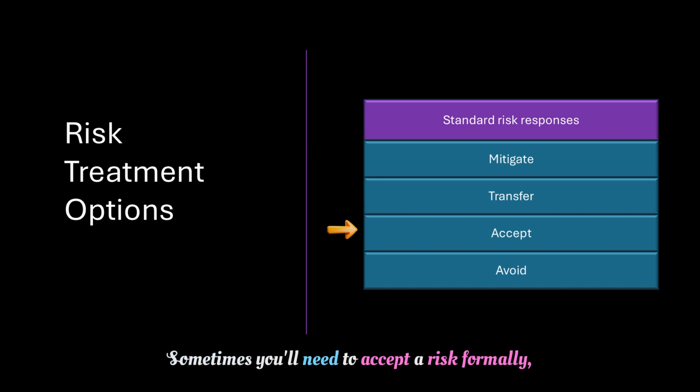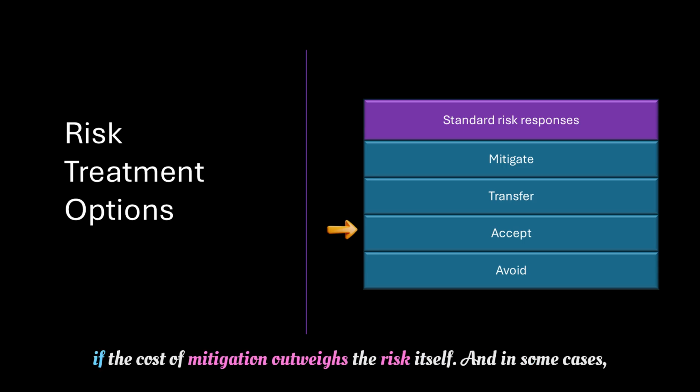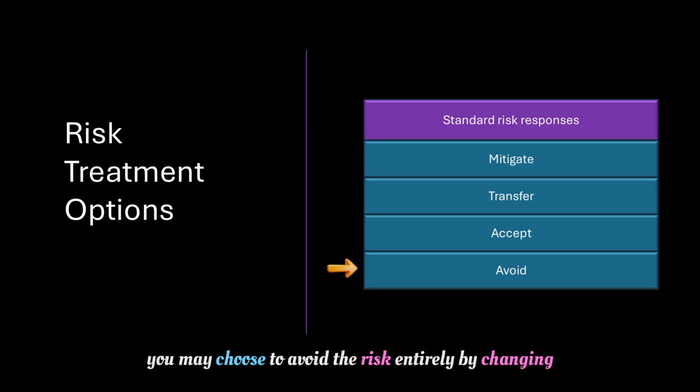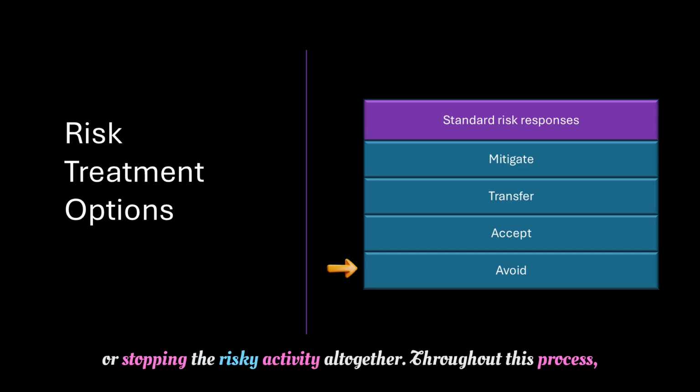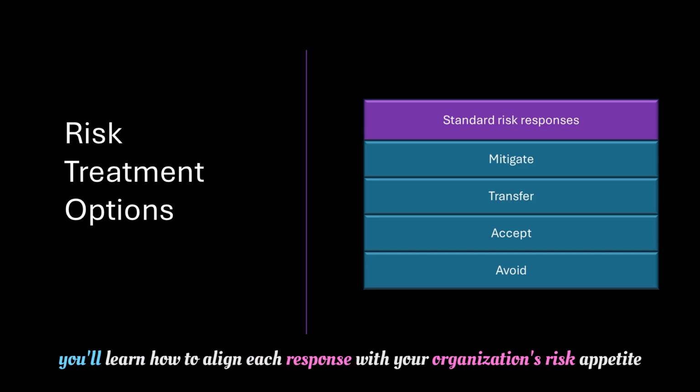Sometimes, you'll need to accept a risk, formally acknowledging it, documenting it, and monitoring it if the cost of mitigation outweighs the risk itself. And in some cases, you may choose to avoid the risk entirely by changing or stopping the risky activity altogether. Throughout this process, you'll learn how to align each response with your organization's risk appetite and